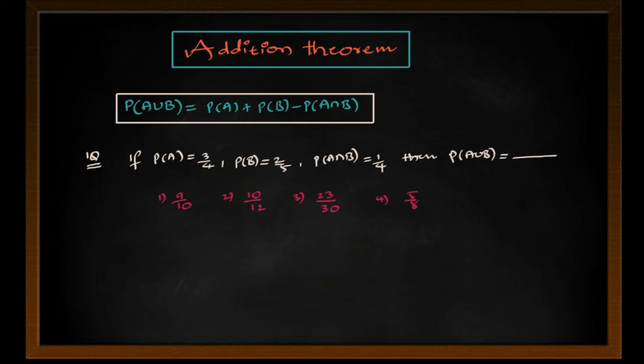In today's session, we are going to discuss probability. In probability, there are three topics: addition theorem, conditional theorem and Bayes theorem. Today we are going to discuss the addition theorem. This is one of the most important chapters. From this chapter you are going to get 5 questions in EAMCET exams. So today we are going to discuss only the addition theorem.